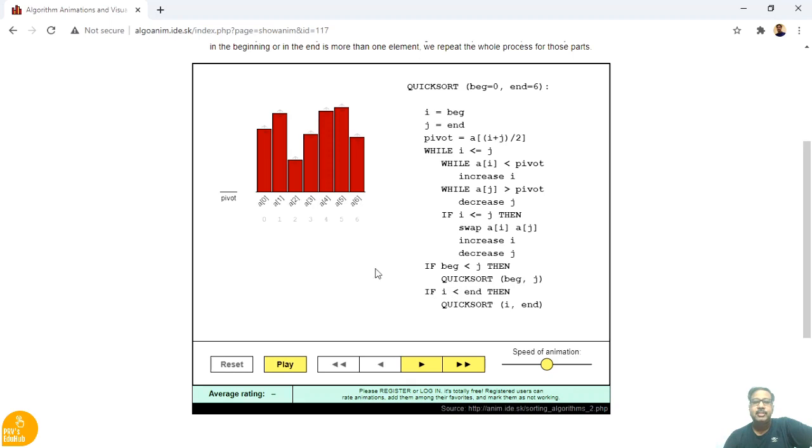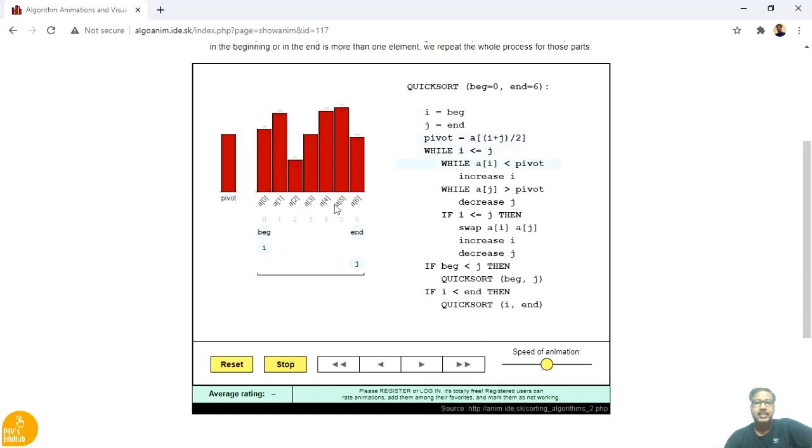If I is greater than the end, that means it is crossing the end point, then again reset this value, so that you call quicksort recursively to complete this particular sorting procedure. So this is the basic pseudocode of quicksort. Let us play this.